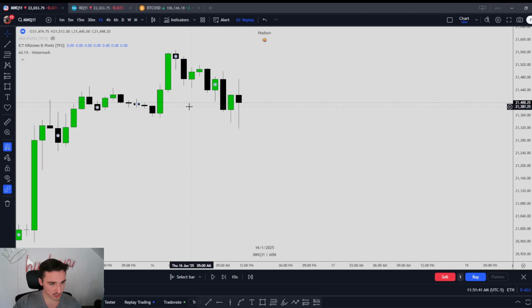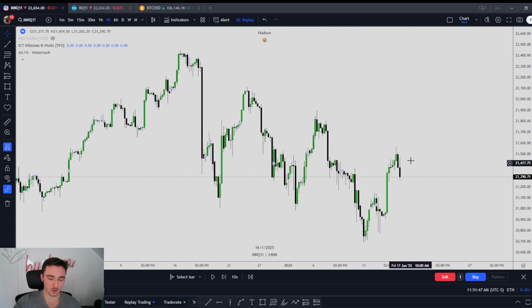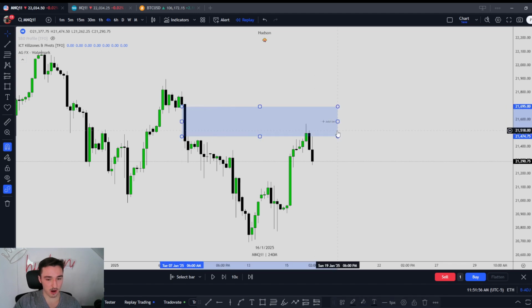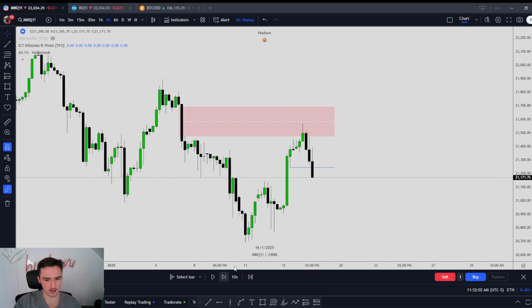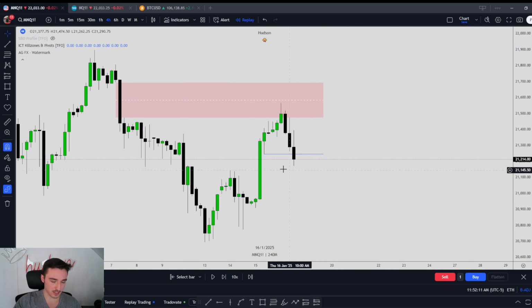Now, what was the reason I was bearish, right? Because if we just look at the higher time frames, we are obviously kind of looking like we're going to start going into bullish order flow. But the thing is, we had this 4-hour fair value gap right here, this 4-hour premium array, and I wanted to see us reprice down into here. Now, did we get there? Yeah, we did end up getting there, but I wanted to see us reprice from these highs back into internal liquidity. So I wanted to see shorts for this day, right?